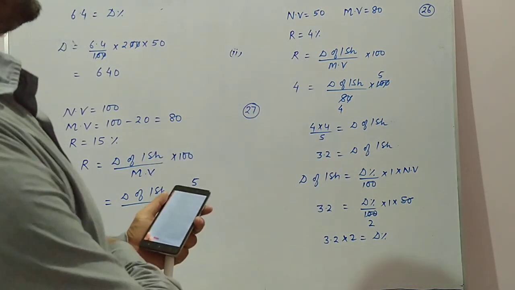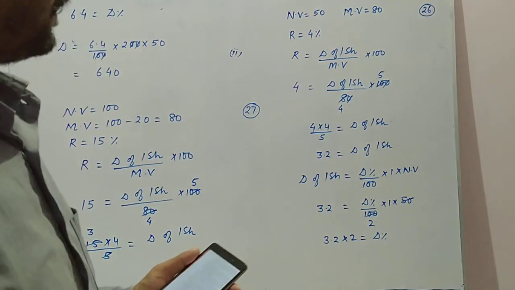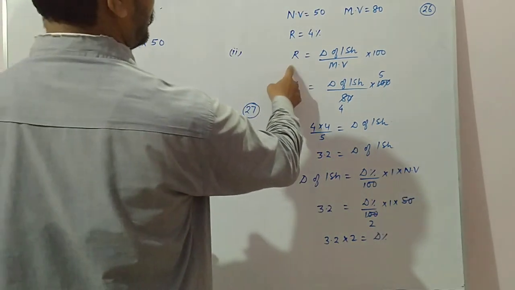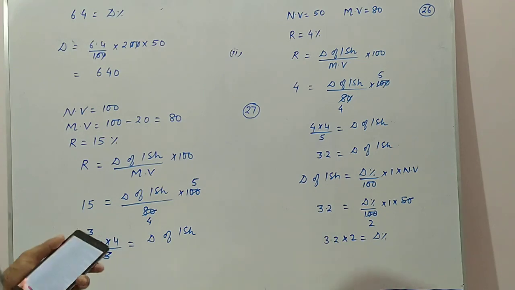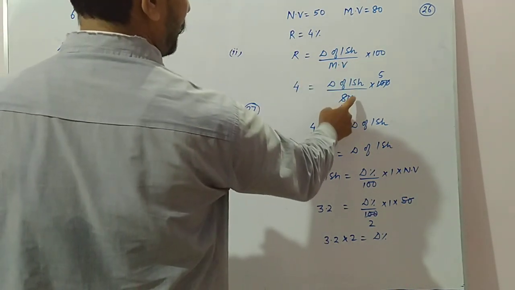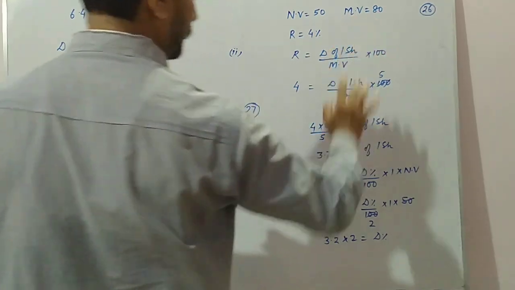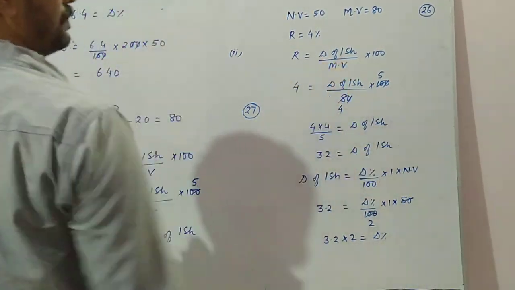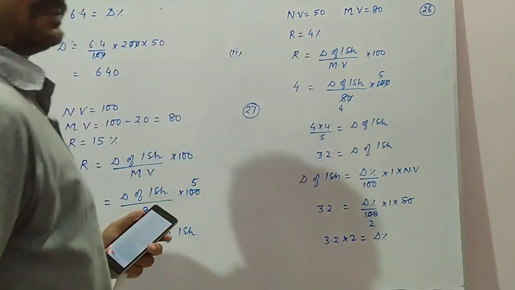We have to find the rate at which the company is paying. The rate at which the company is paying is the dividend percent. So here the rate of interest is given. We know that rate of interest is dividend of one share by market value into 100. The rate of interest is 4. Dividend of one share we have to find out. Market value is 80, not nominal value. The formula has 100, so we have written 100. So you are getting dividend of one share to be 3.2.